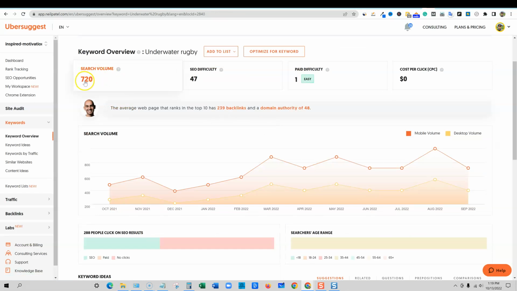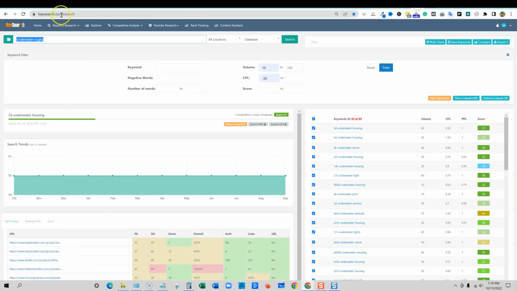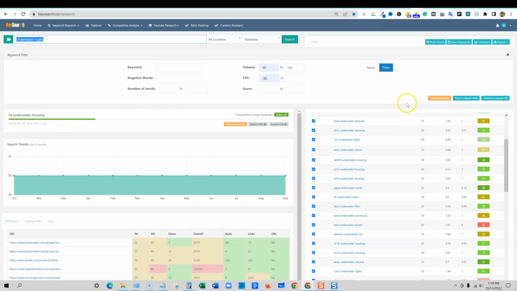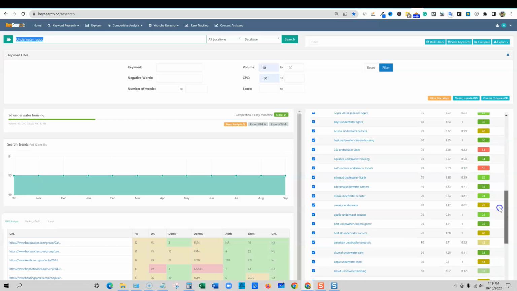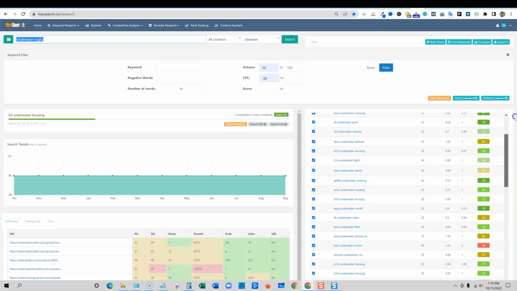It's going to tell us 720 search volume. And over here, what is the search volume? It's over here. Nope, that's not it. Underwater rugby. All right. We'll come back to Ubersuggest in a minute, but